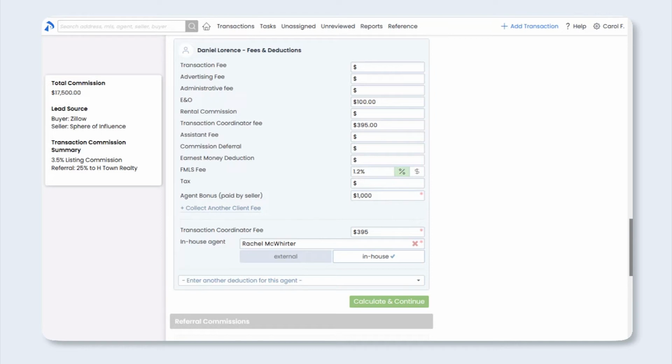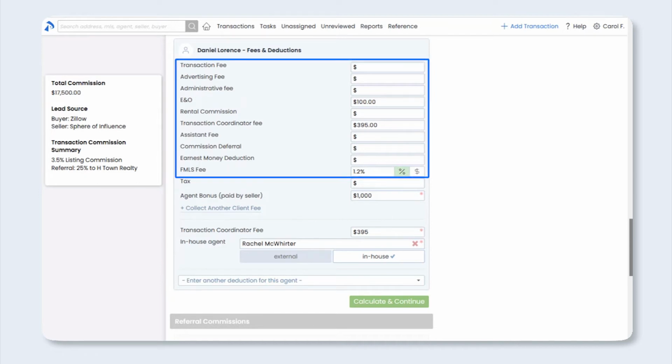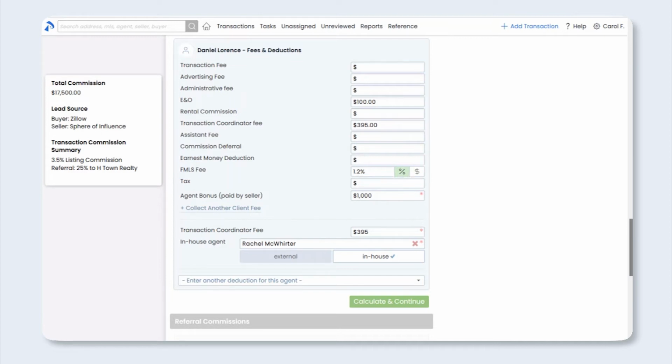The last type of fees we can collect are agent fees. Any agent fees you created in your admin settings will automatically populate for each agent on the transaction, along with any corresponding dollar amounts or percentage amounts. As you can see, I have a list of agent fees created here. Some have default dollar amounts, such as my E&O fee for $100. As you can also see, my FMLS fee is set up with a default percentage amount, which is 1.2% of